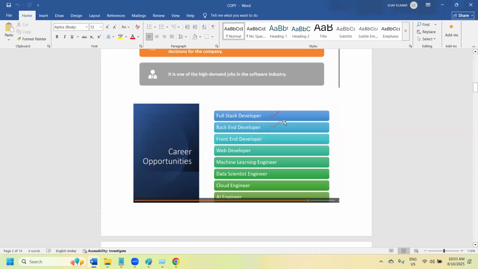Backend developer means server side. If you work on the server side, you are a backend developer. They mainly work with databases, APIs, and logic. The front end developer is mainly concerned with designs, like the login form.